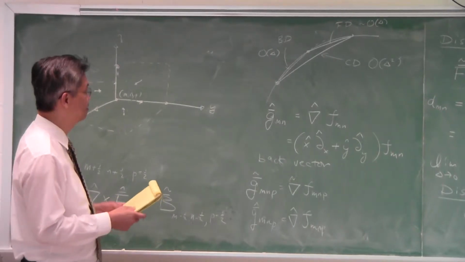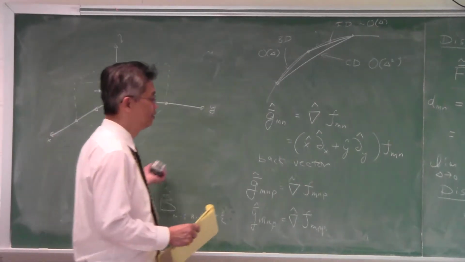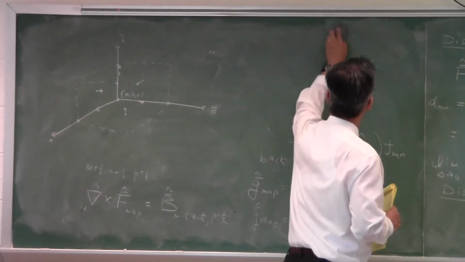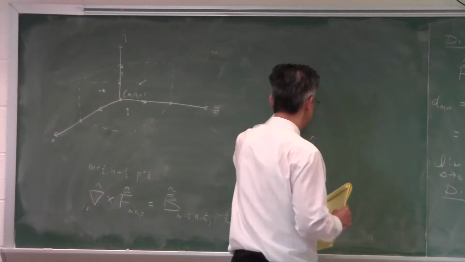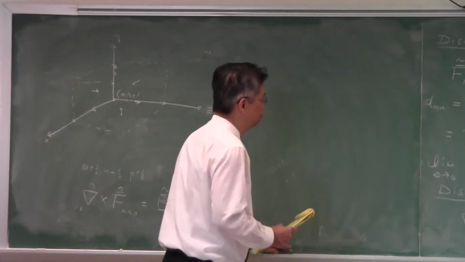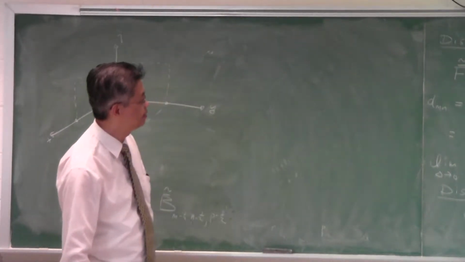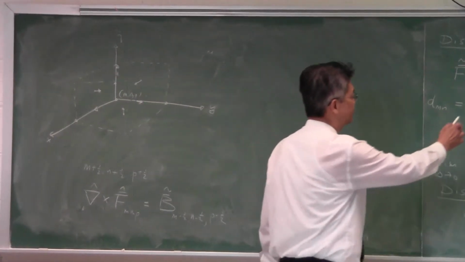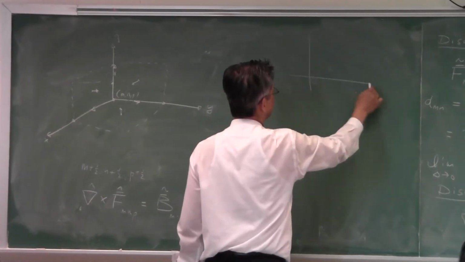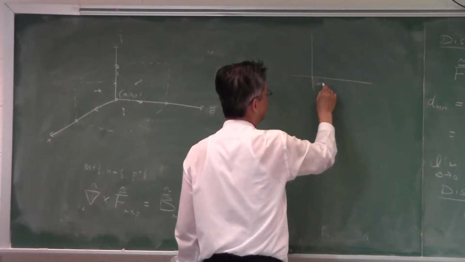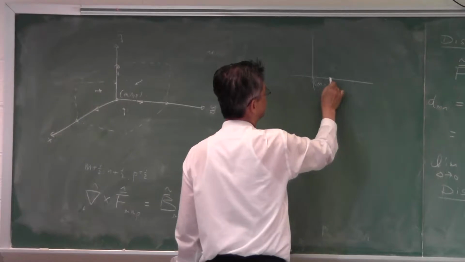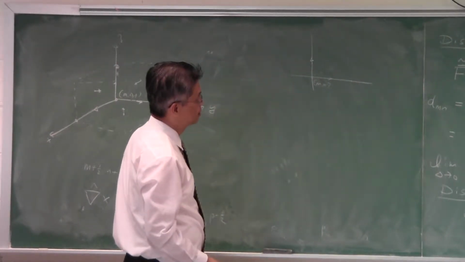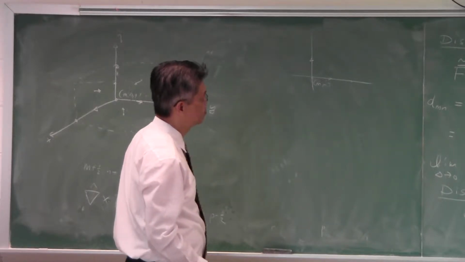Okay, so we have all the machinery that we need to write Maxwell's equations in the discrete world, because we have all the operators that we need. But before we do that, let's try to get some insight as to what this divergence means. This divergence, as you see, you associate a vector with the mn point that is over here and over here. Okay? And the discrete divergence is essentially